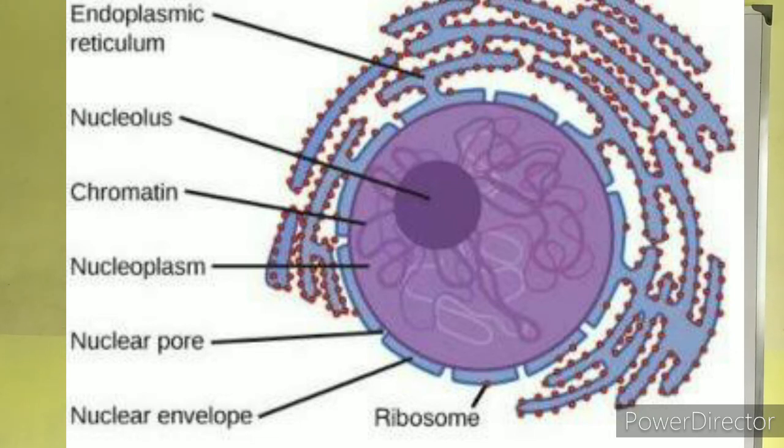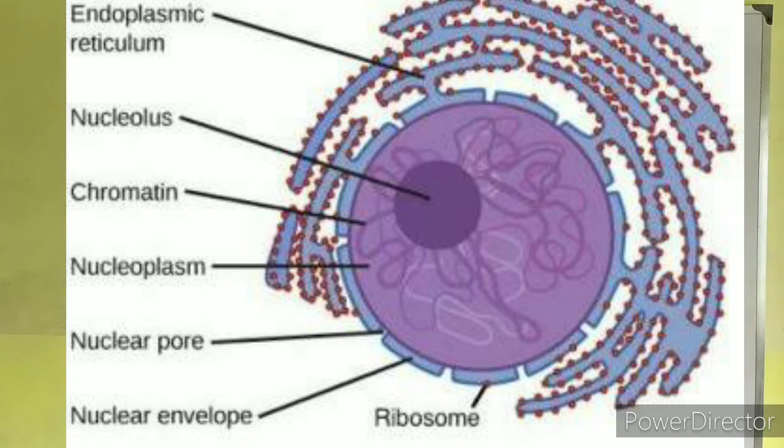Next are the chromosomes or the chromatins. These are thread-like structures composed of deoxyribonucleic acid, DNA. This contains basic hereditary units called genes, which are responsible for passing genetic characteristics from the parents to the offsprings. So the nucleus of a cell helps in transmission of hereditary characteristics from generation to generation. It controls all the life functions taking place inside the cell.